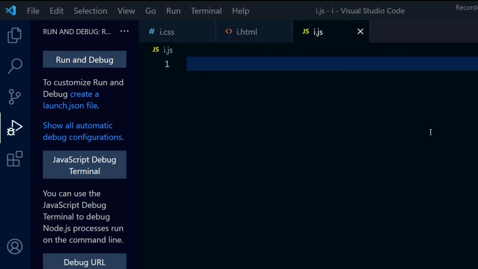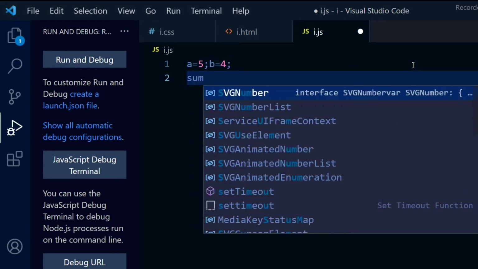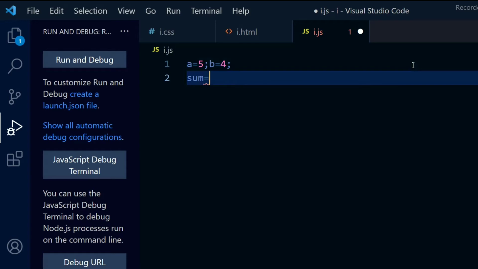Arithmetic operators include addition, subtraction, multiplication, division, and getting the remainder, as well as increment and decrement. First of all, to discuss all those, we must have two variables on which we are going to use these operations. We have a, and I'm assigning the value 5, and we have b, I'm assigning the value 4, and then I'm creating a sum variable in which I am going to insert the sum of a and b.